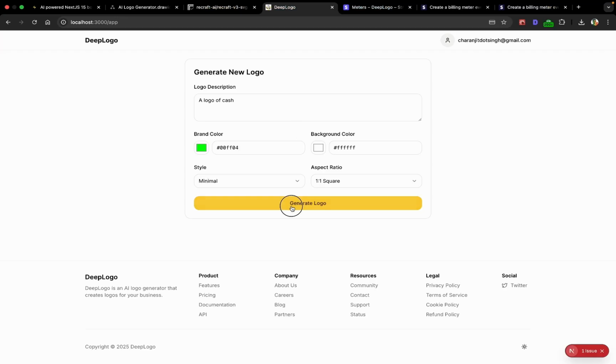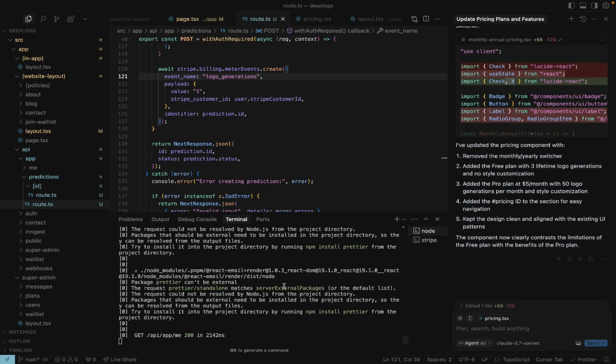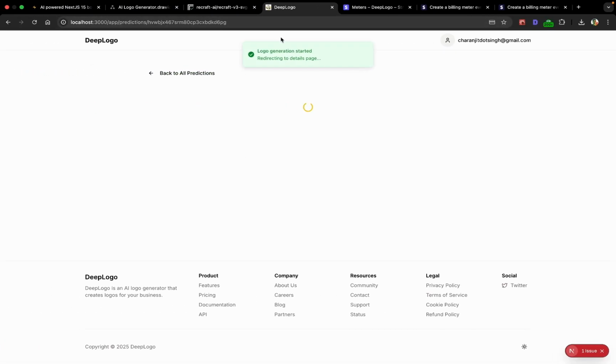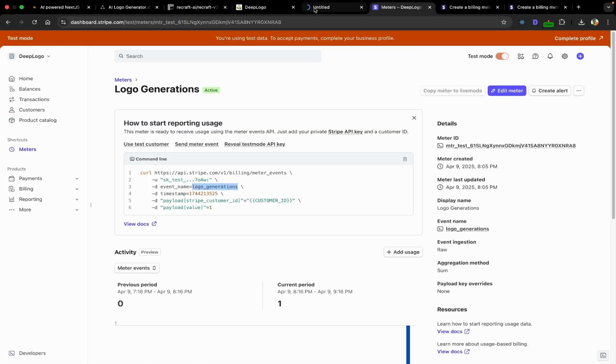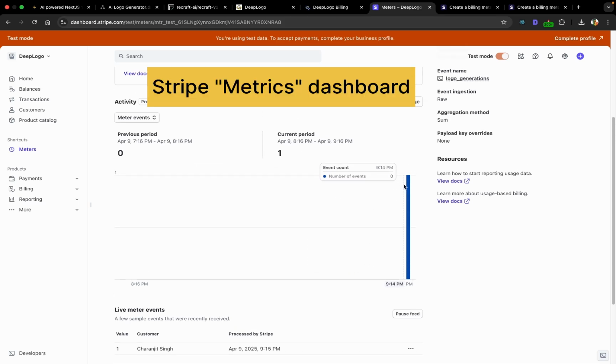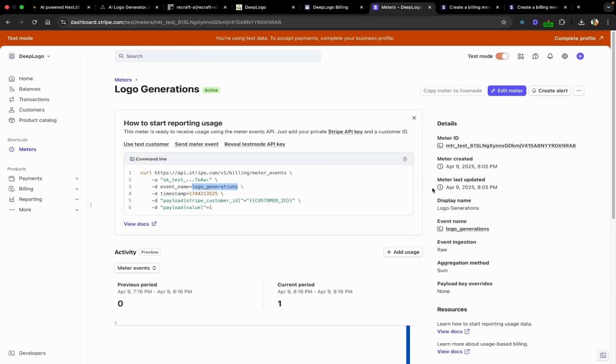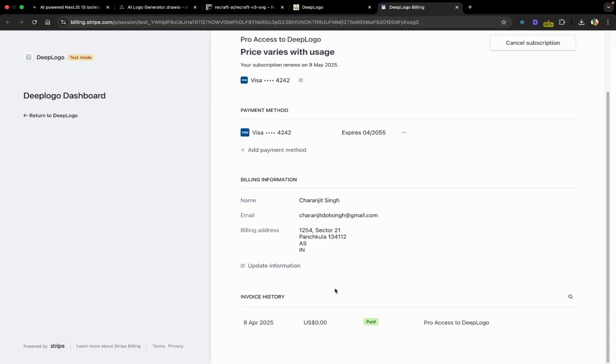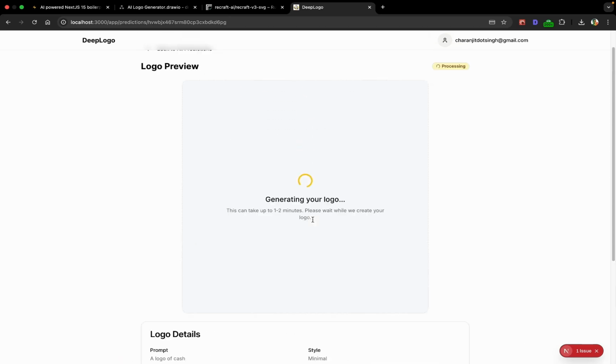So logo of, I should be able to see this. See here we have already seen the number of events. So now we are reported to Stripe, and Stripe is going to take care of monthly billing, and we have